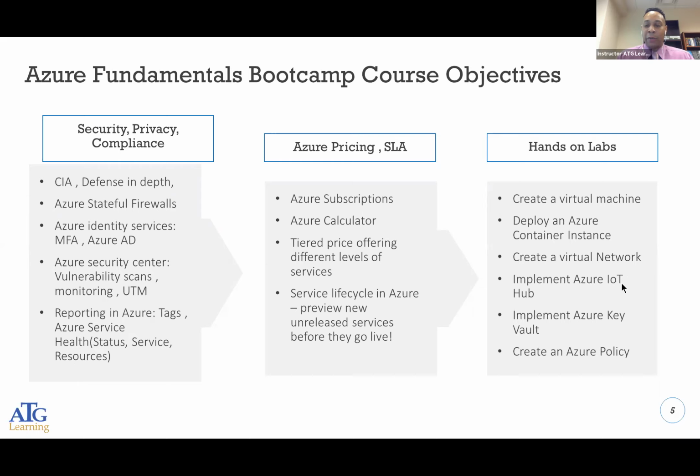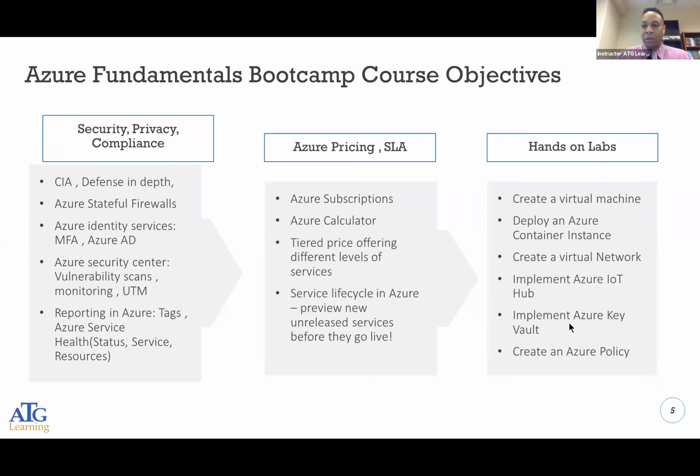Implement Azure Internet of Things Hub. I want to manage all these smart devices in one central location without having to go to each and every wireless access point. If I have a building of 200 wireless access points, that's a lot of devices I have to manage, and I have to log into every one. But if I can log into one central location or a hub, it'll be a little bit simpler for me to administer those IoT devices.